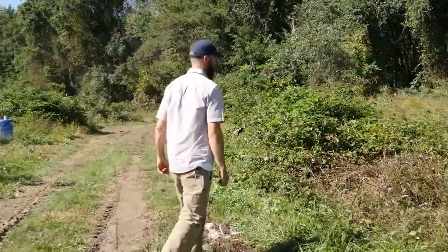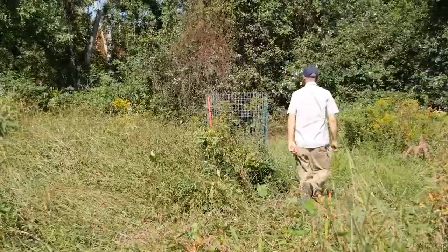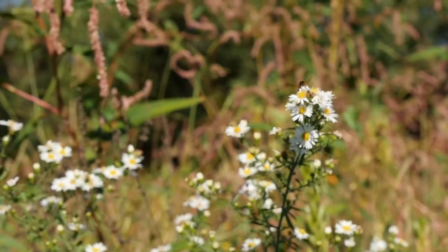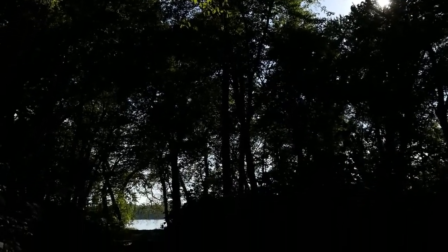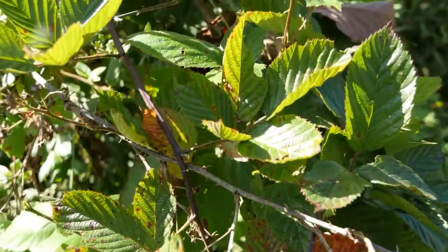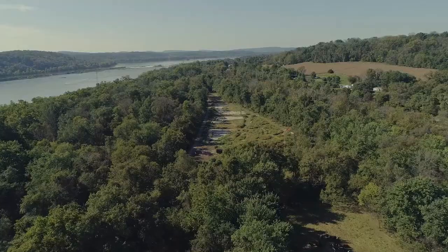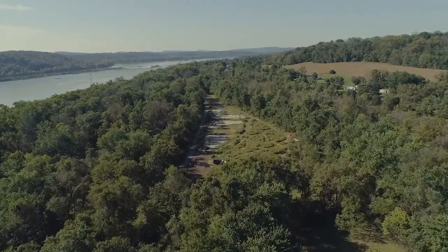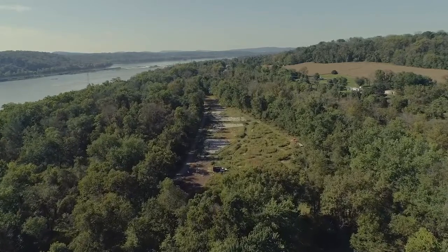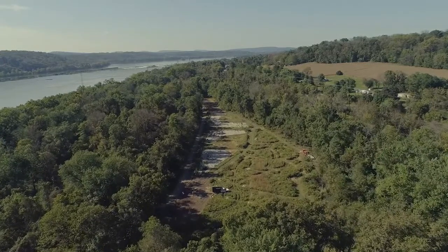This forest garden project is reverting 5.5 acres of fallow farm field back into what really should be here, which is productive floodplain forest. We're trying to restore what is a vital yet threatened ecosystem. So we're emphasizing native, perennial, edible species, both to increase the carrying capacity of the land for wildlife, but also for humans. But then also what we get out of this is the mitigation of floodwater as well as stormwater